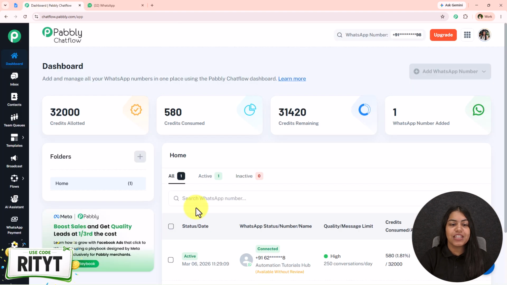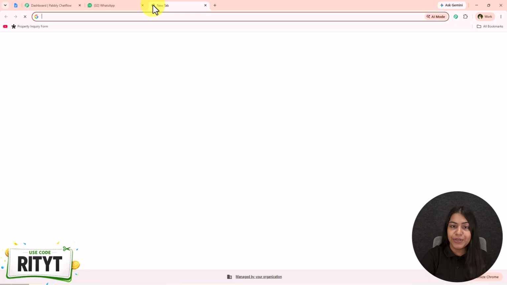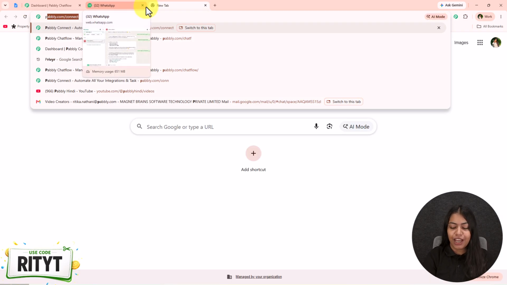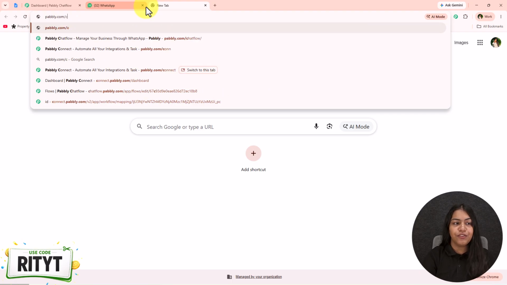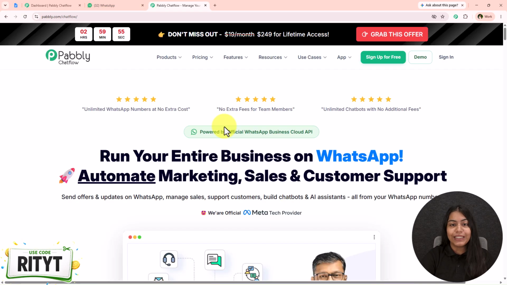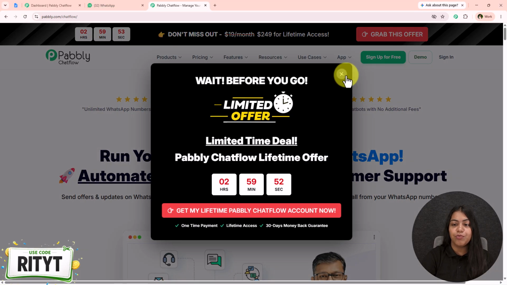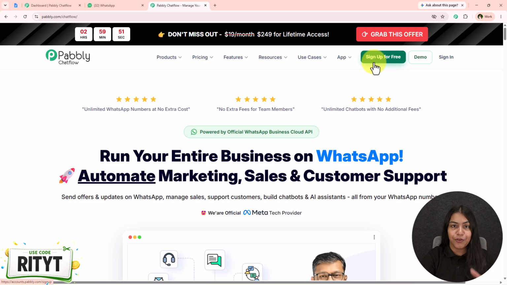To do this, you just have to open your dashboard of Pabbly Chatflow if you are an existing user like me. But if you are a new user, open a new tab and search for pabbly.com/chatflow in your browser and open the landing page of Pabbly Chatflow. Once you open the landing page, in the top right corner you're going to see the option of sign up for free. Click on sign up for free and you're going to get a free trial of Pabbly